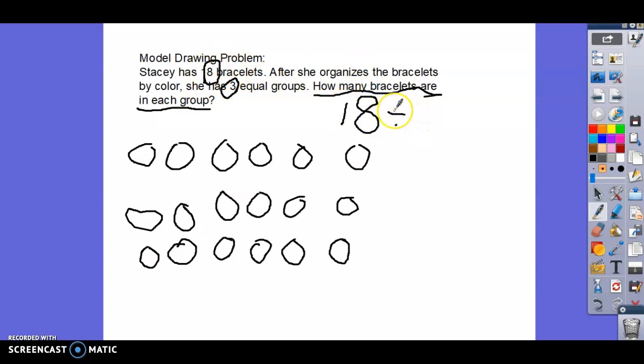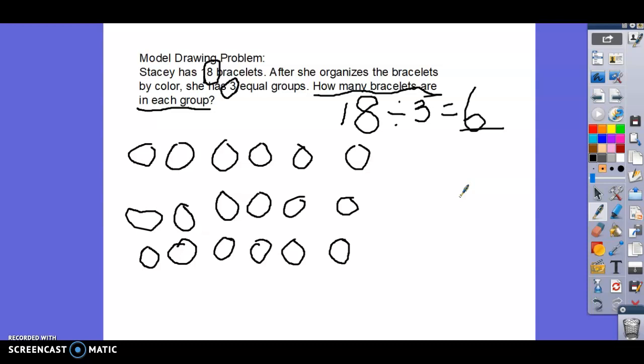Then what did I divide it into? 3 groups. 3 equal groups. And I wanted to know how many are in each group? And what did I get as my answer? 6. Yes. So now, if I can explain the meaning of my division sentence, I should be able to say,